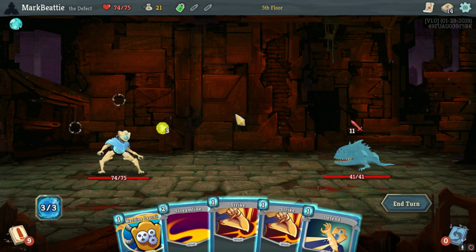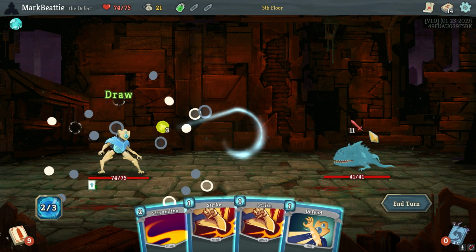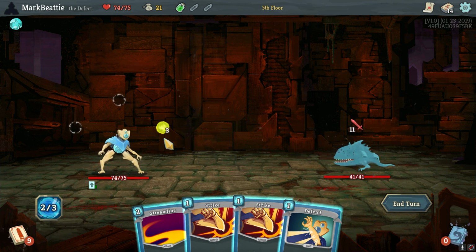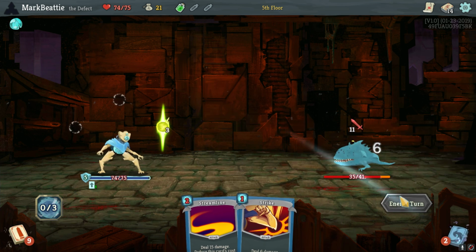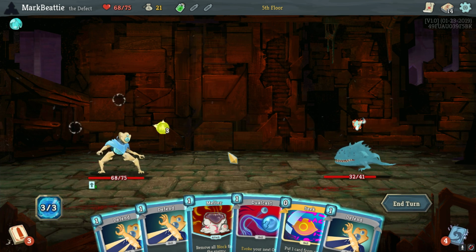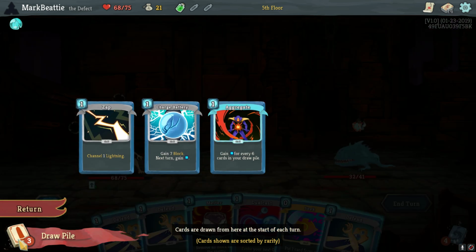Okay. So here, I think at the start of each turn, draw 1 additional card. That's perfect. I feel like that's even better than the Silent starting relic. You know, you're not guaranteed to get this card, but I don't know. It just feels so much better. Maybe I've got it twisted though. Maybe I'm doing the calculations wrong. But in any case,